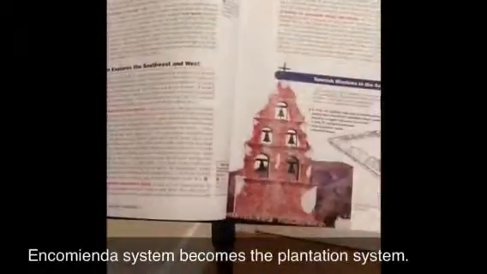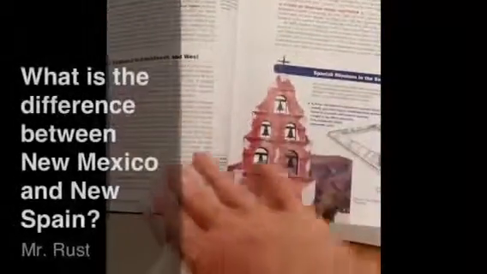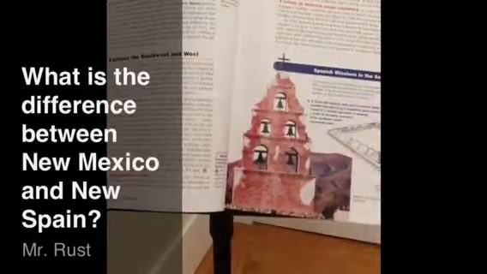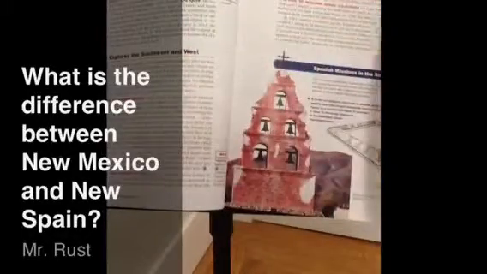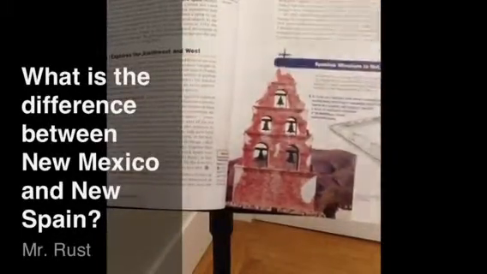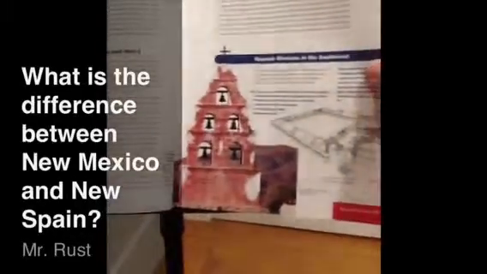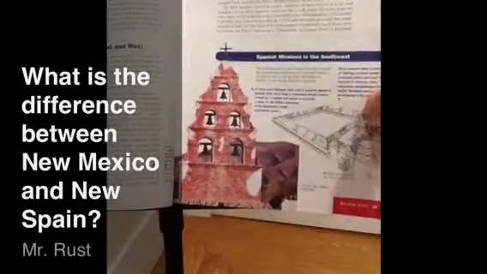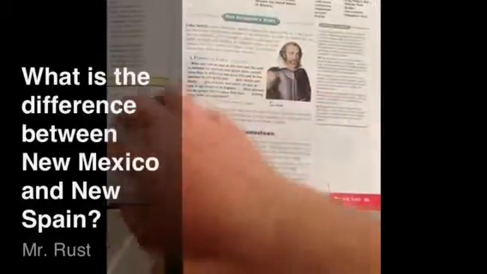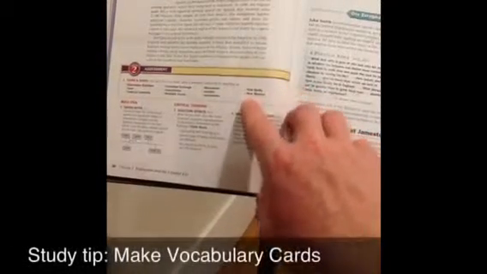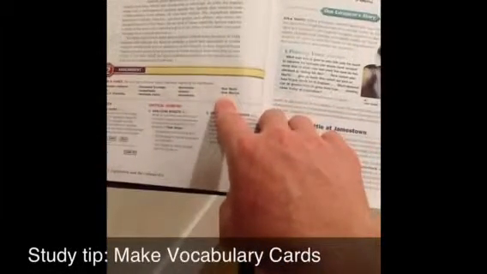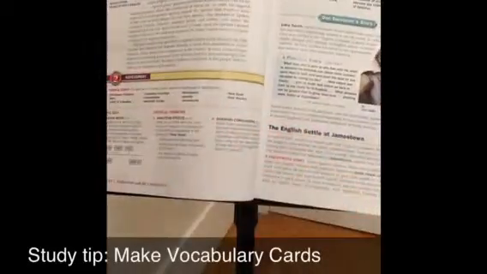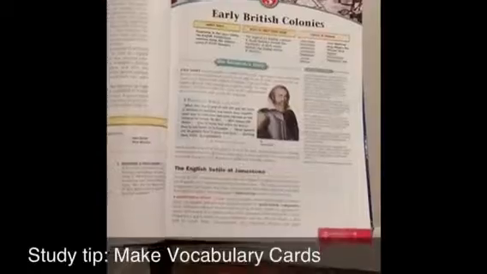All right, so some more Spanish here. We'll talk about New Mexico and New Spain. Important to know the difference between those two. You'll also remember the missions. In middle school, you probably talked a lot about the mission system, especially here in California, where there were many, many missions. Again, over here, notice there is a lot of vocabulary terms, and you need to write all of these down, and you need to keep a definition book of all of these. The definitions of the vocabulary will be your best friend when we get to the midterm and the